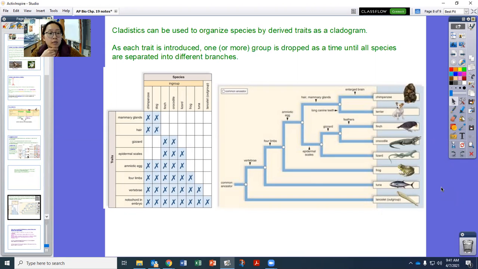So one would be like producing milk in excess. One would be having antlers. One would be having horns, right? The traits that make them different are the derived characteristics. So